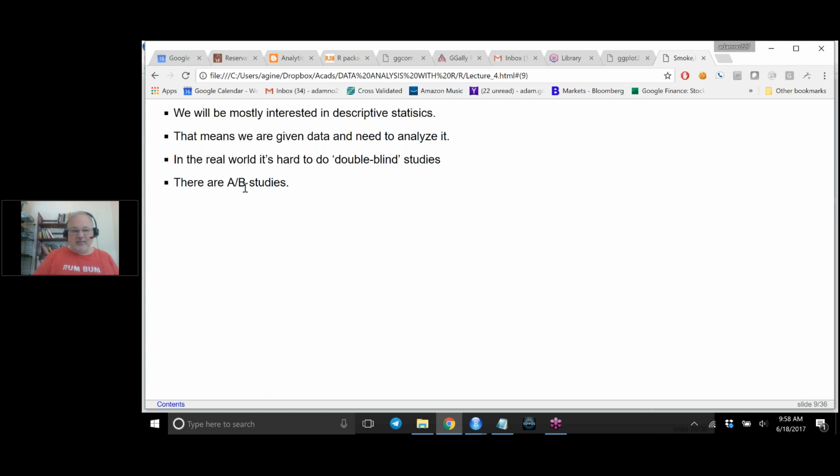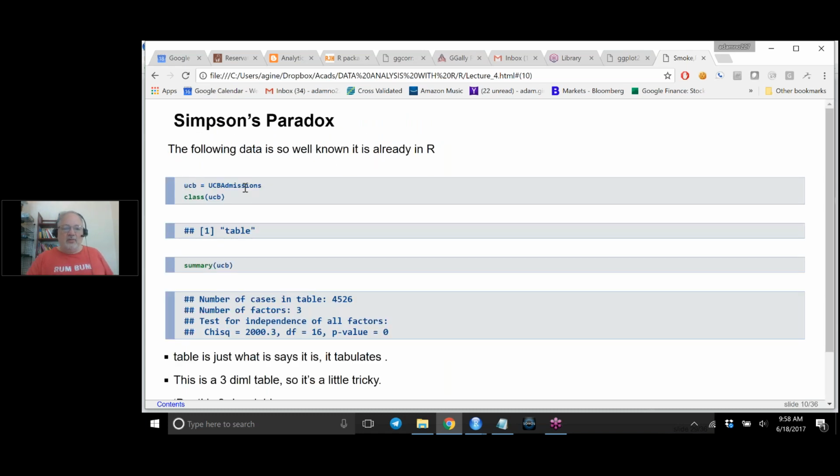These are not quite random because you have to do it for everyone in a city, but they're close. Okay, I want to do one more example of causal behavior because it'll be a nice warm-up. It goes back to chi-squared, and also because it's a wonderful example of how you have to be careful with